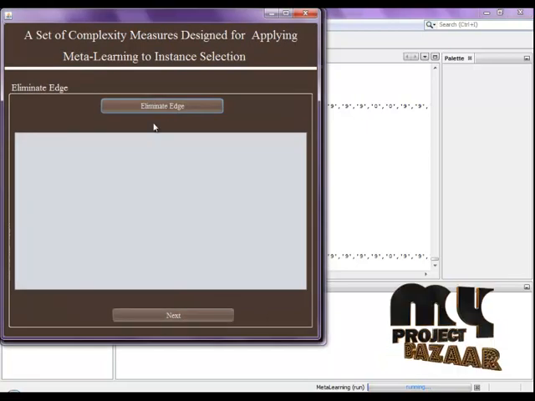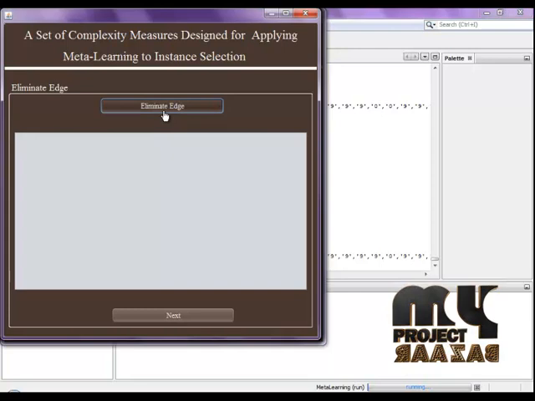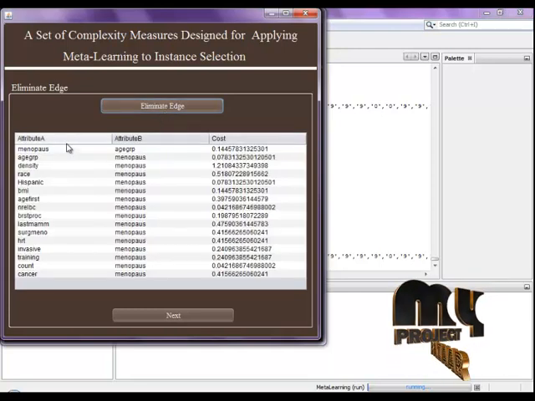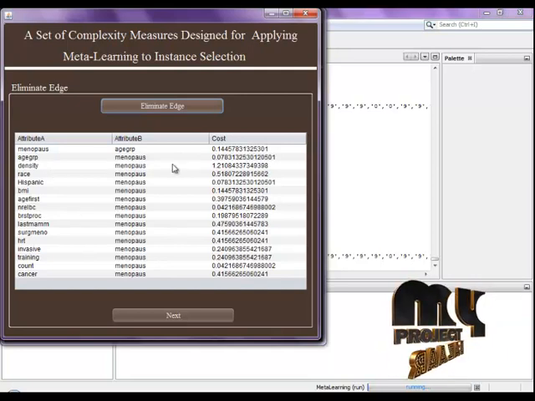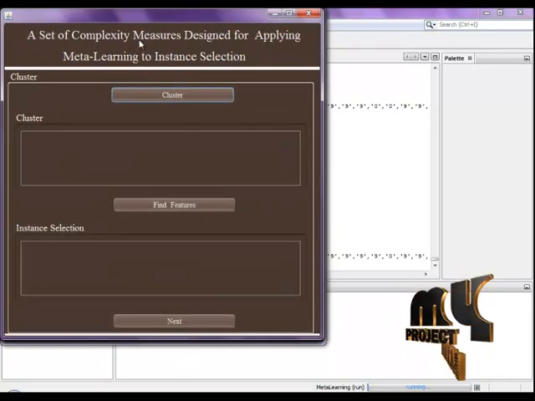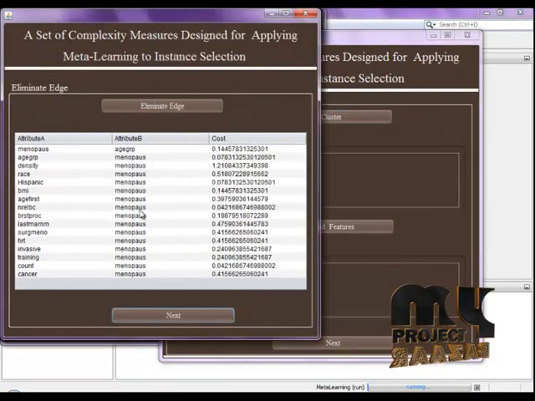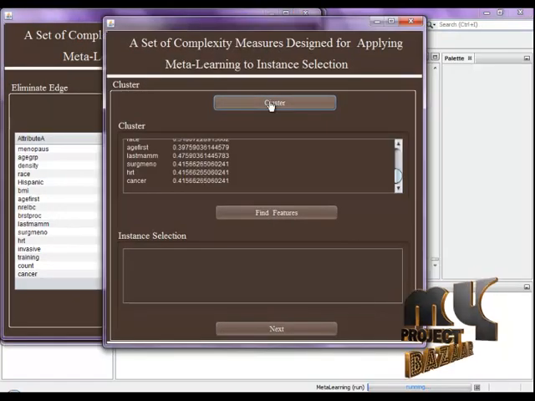Next we eliminate the edges. Eliminating edges means removing those with larger values. Now we get the smallest cost values. See that only here. Next, these values are clustered once again.